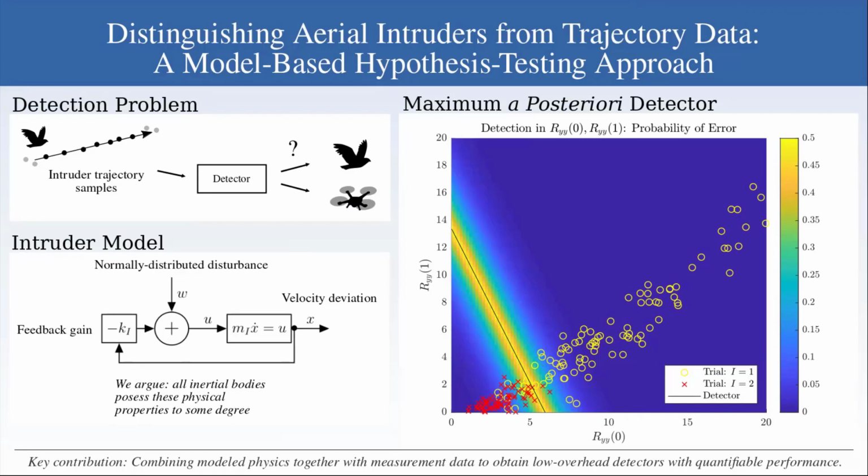The maximum a posteriori detector, which is illustrated on the right in that scatter plot, is fundamentally a linear classifier in terms of the input autocorrelation. In addition to presenting the ideal detector, as a part of our work, we derive a method to compute the maximum a priori probability of error, the probability that a detection result is false, which in other words means the probability of error conditioned on the input. And we prove that the a priori probability of error approaches zero as the number of samples used increases.